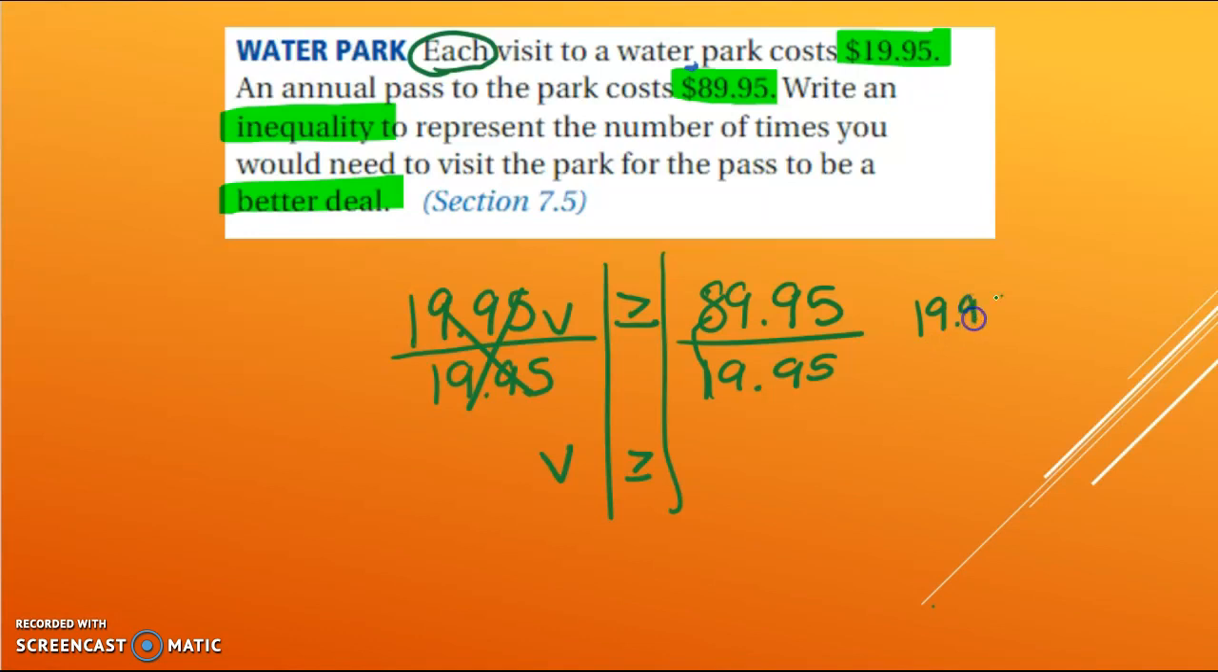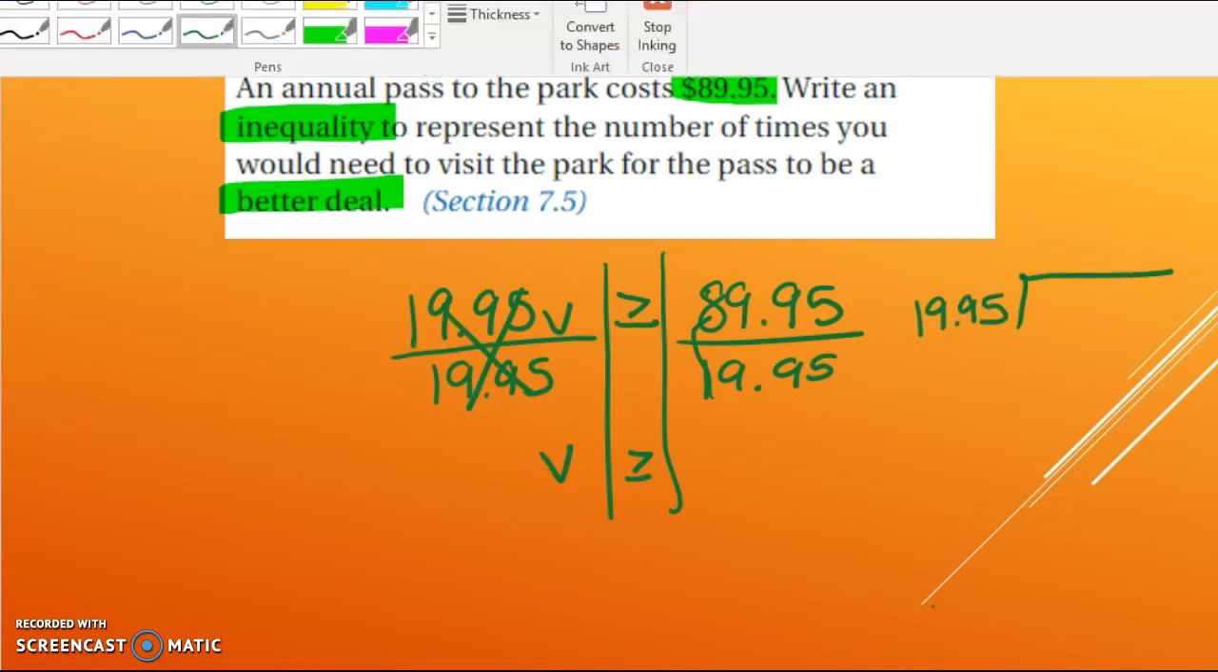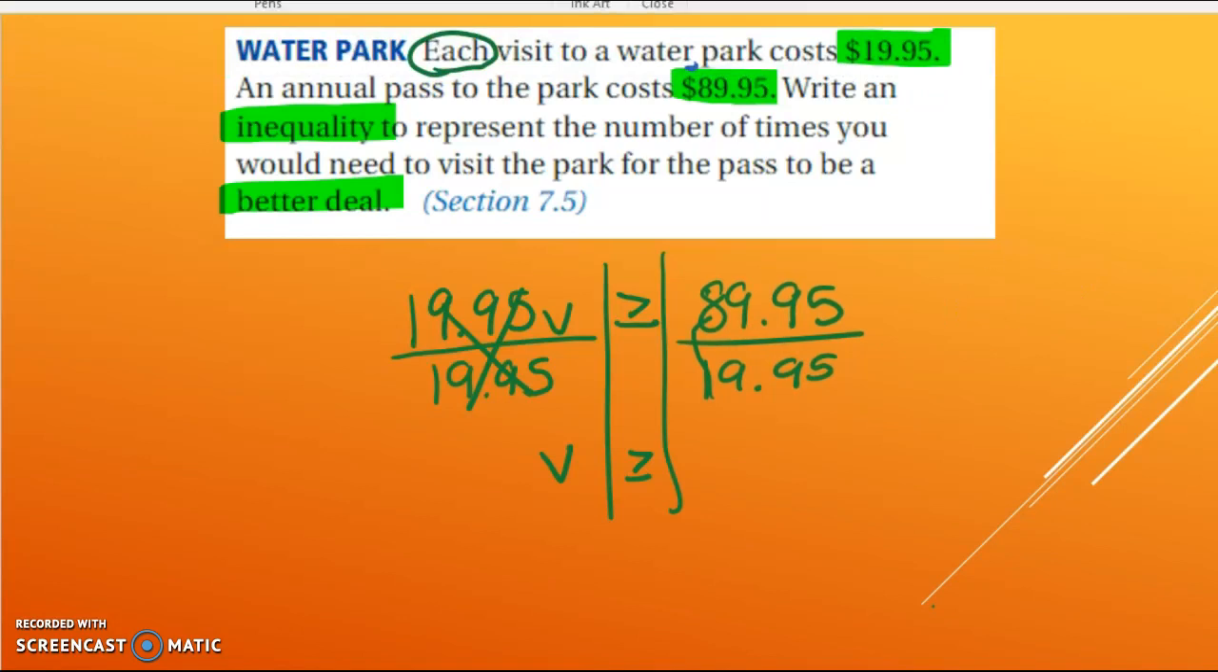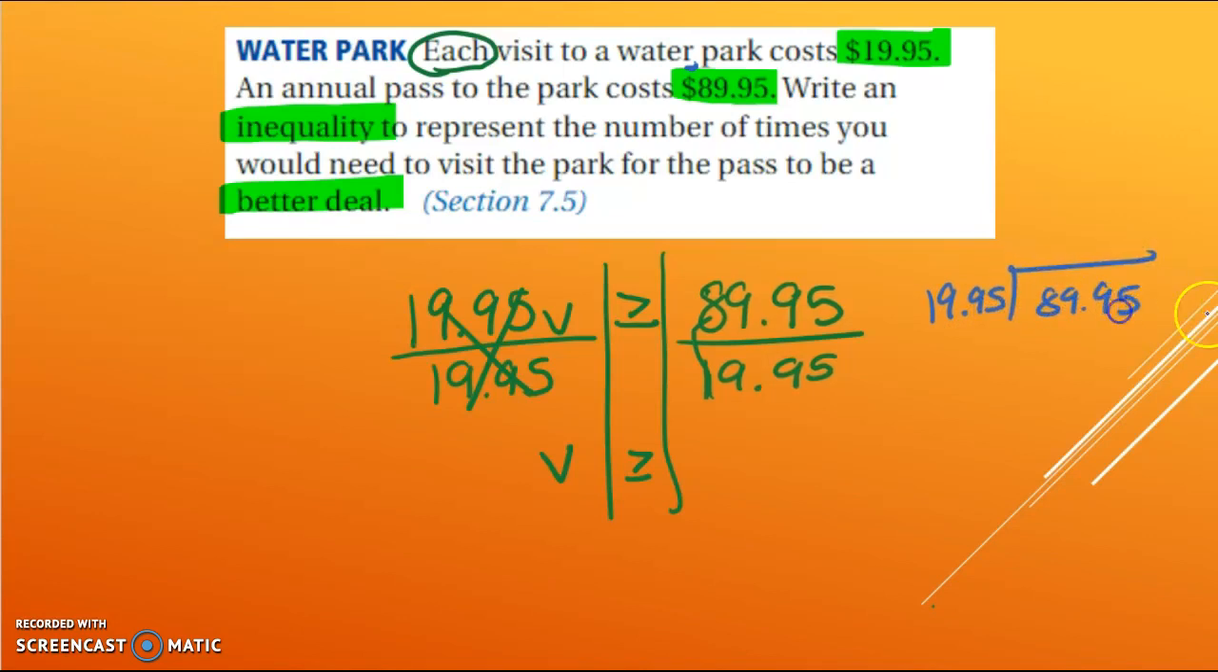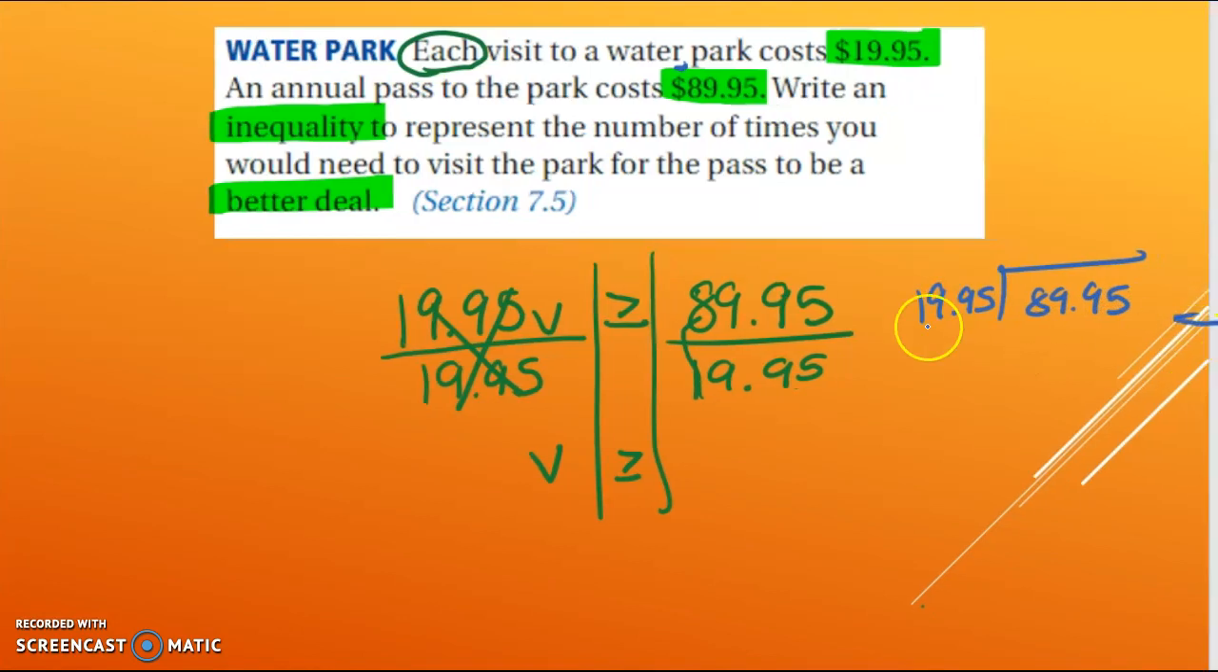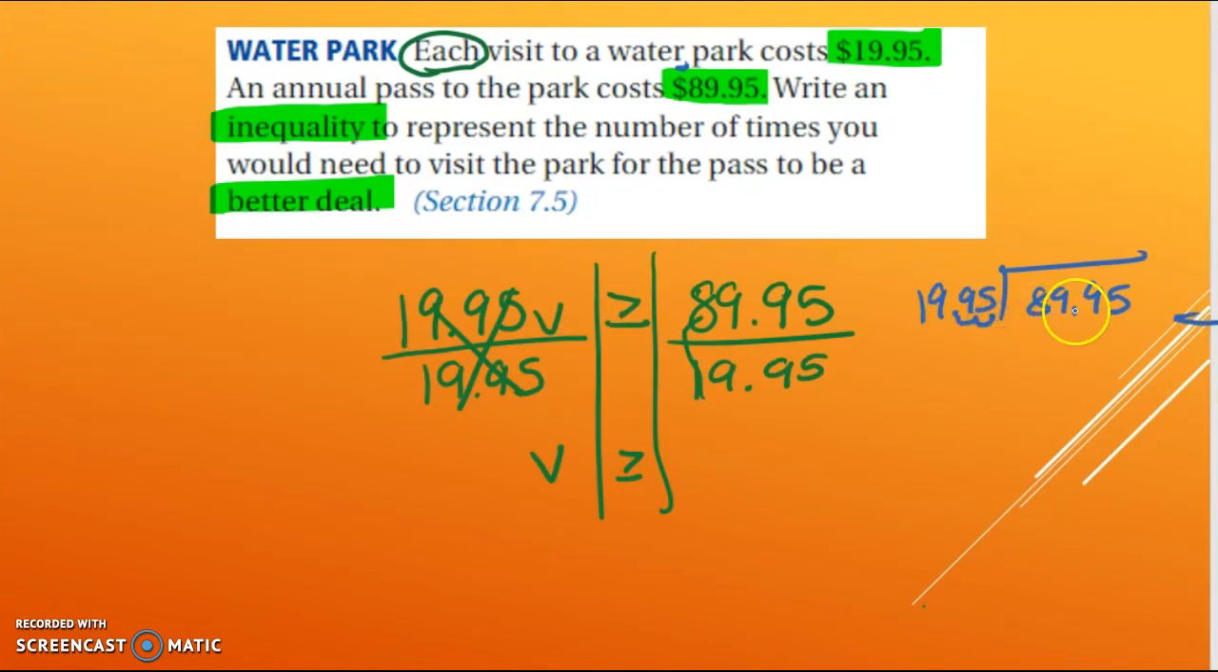So I have 19.95. Let me do it in a different color, actually. Okay, so we have 19.95 on the outside, 89.95 on the inside. Remember, whenever you're dealing with decimals, you need to make sure that your decimal is as close to the house as possible. All right, so now we have 1,995 and we have 8,995. I know that 1,995 goes into 8,995. I think that is 4 times, because 1,995 times 4 is